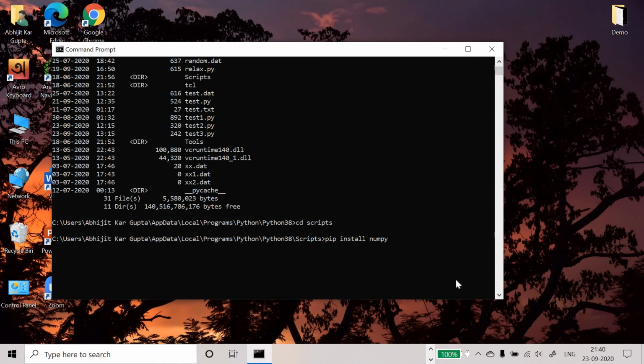If you want to install the entire three packages that you will need, you could write them in one line. pip install numpy, then space scipy, then space matplotlib, and then you could enter. But I won't enter because it is already installed on my machine. Okay, if you enter this, it will automatically go on installing 3 packages altogether. Okay, you can do that. So that is done. Once it is done, once for all, once in a life, then done.